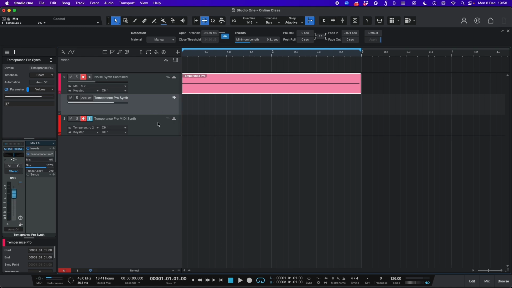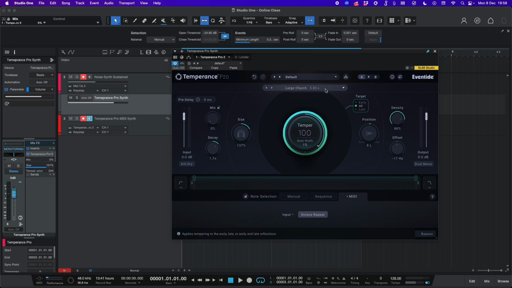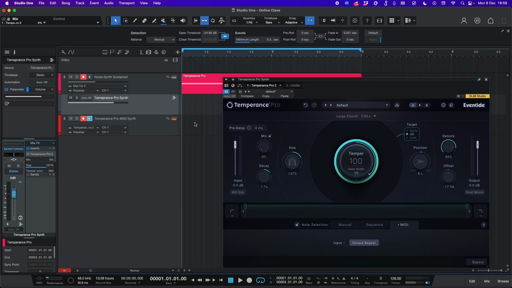And now I will go into this bus, into this Temperance Pro, and I will have this large church model, and I'll just play it. Let me just launch this track. And now with Temperance Pro,